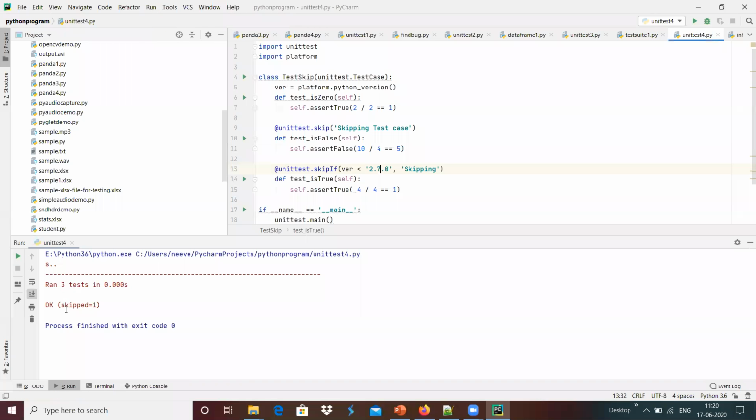And now we have the 3 test cases, and 1 test case is skipped, which is a direct skip, and another one is a conditional statement. In case the Python version is lesser than this, the test case has to be skipped, but our Python version is 3.6, and because of that, this test case does not get skipped over here.